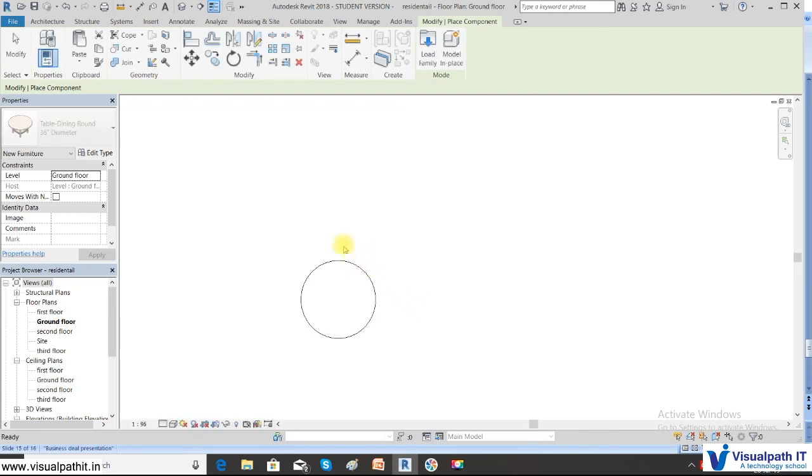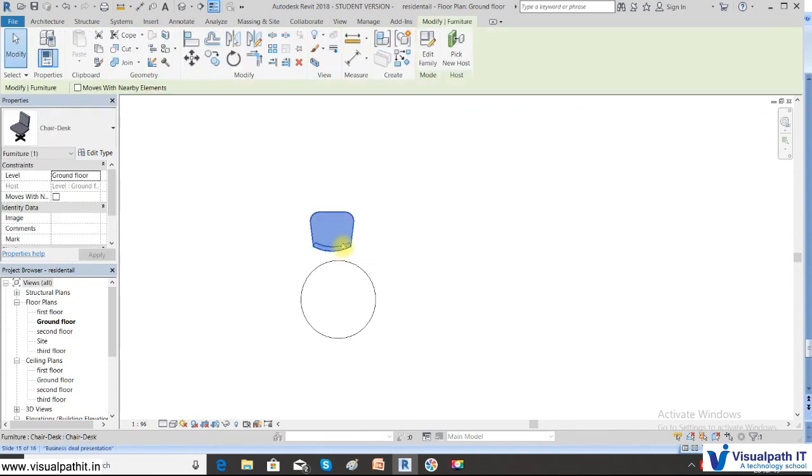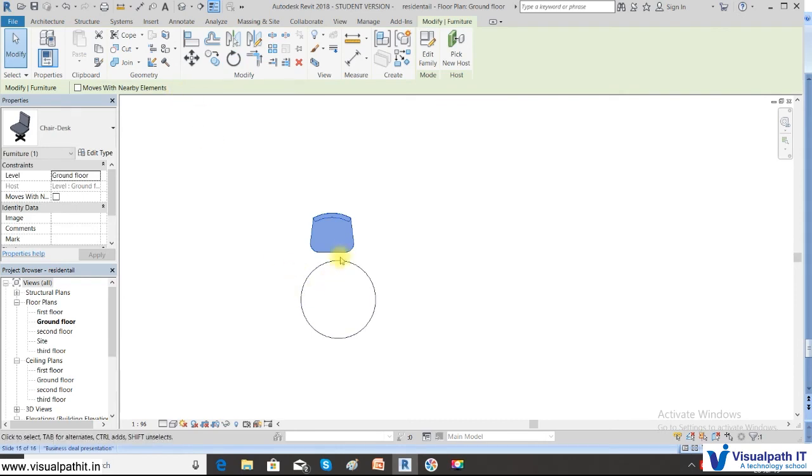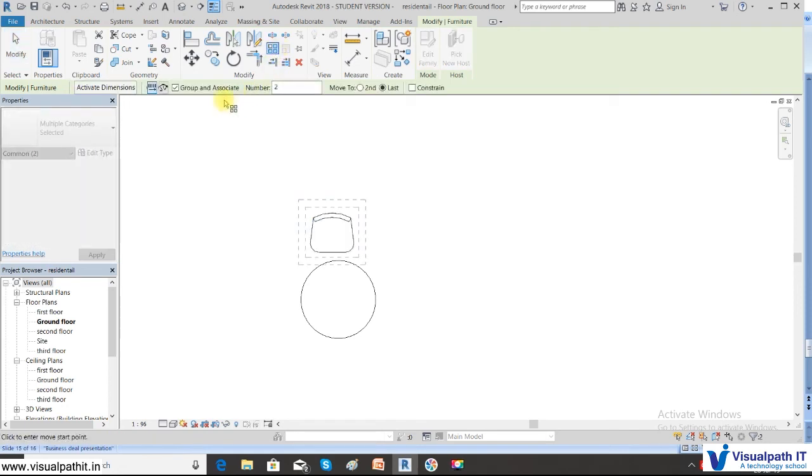This is the chair which I am going to place. Let us rotate it because the chair is in the wrong position. Now I want to array this around the table, so I can use the option called radial array.